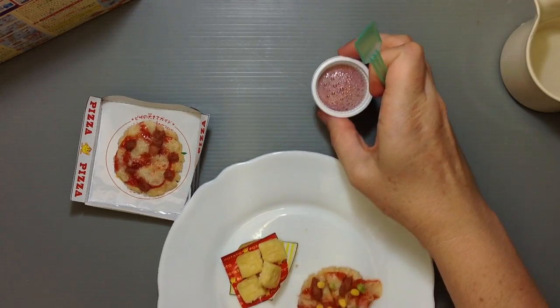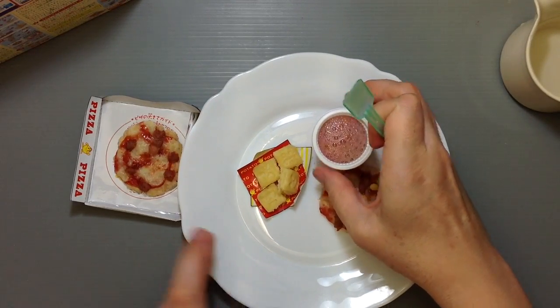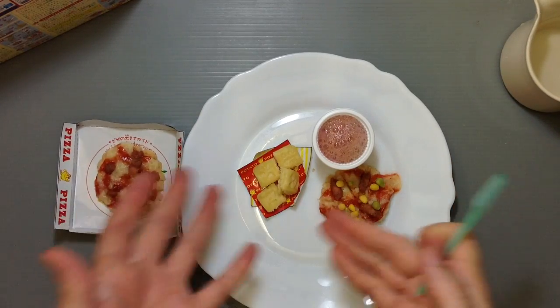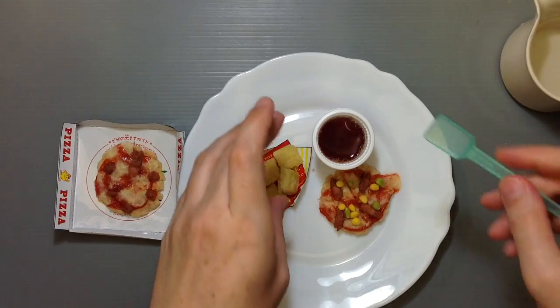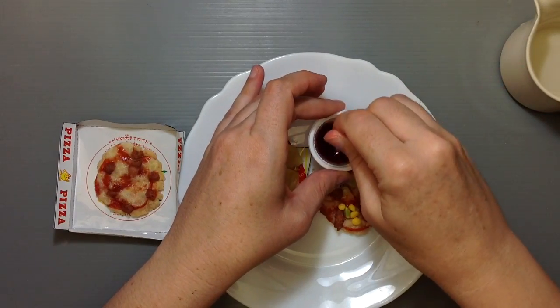So we get a really nice little completed meal with our soda and everything completed. It's a pretty cool little set, and it's one of those weird things where you kind of have to be ready for it because it really actually tastes like real food. So let's see here. I'll go ahead and give it a flavor try and tell you guys how it tastes here. This guy can be, of course, stirred up,